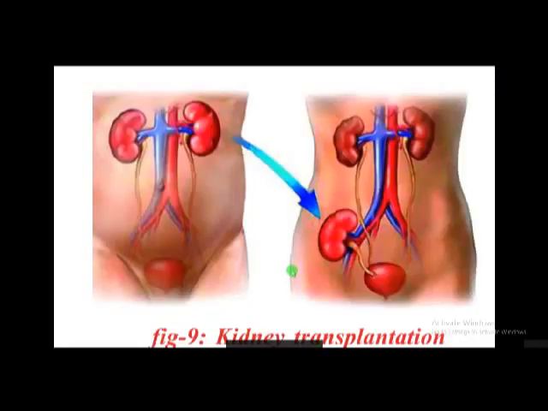And the next one is this one. This is called kidney transplantation. This is the permanent solution for kidney failure. If a person is suffering from kidney failure, then doctors arrange another kidney like this. This is called kidney transplantation. This kidney transplantation was first done by a doctor, a scientist. He is Charles Hufnagel. Generally, kidney transplantation is done in this portion, in this region.